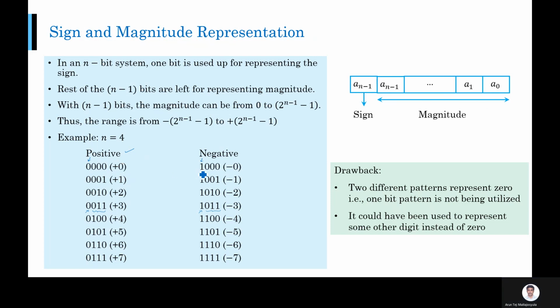Okay. What is the difference? This bit is either 1 or 0. 1 for negative numbers and 0 for positive numbers. So +0 or -0 really doesn't matter, right? Both are same. So you just need 1-bit pattern ideally, but you're using 2-bit pattern. Okay, so 2-bit patterns are used, and so that is a loss, right? I could have used this to represent some other number, so that my range will be higher. Okay, so that is a drawback in this sign magnitude representation.